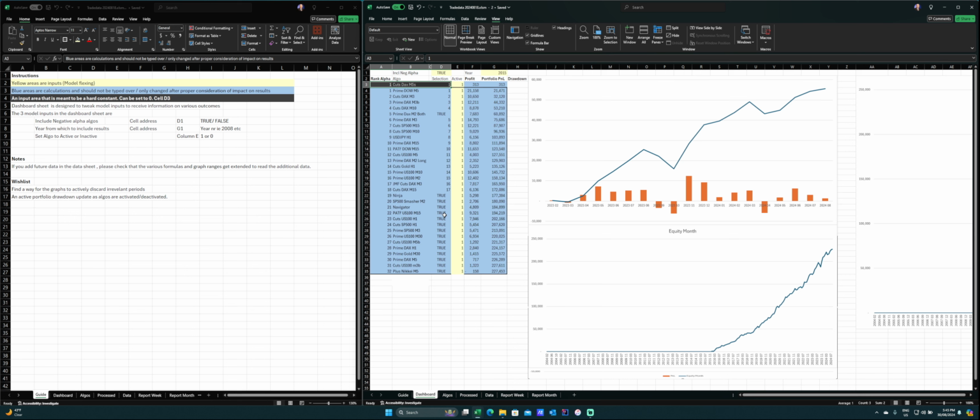In cell D1, we flex for excluding or including those algos that do provide a negative alpha. So it doesn't mean they don't provide profit. It's just, do you get best bang for your buck? Maybe you'd rather exclude them and increase your lot sizes on the ones that do manage to beat the market. If you do want to exclude them, all you will do is set this to false,